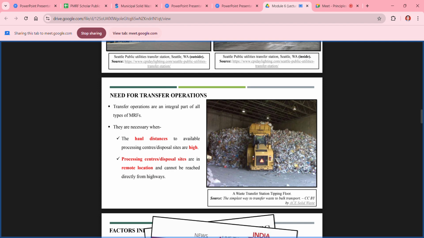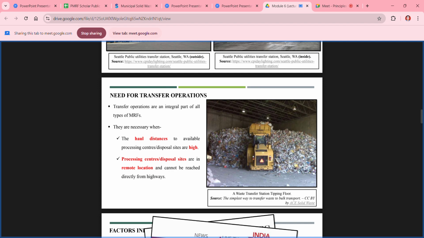From that curbside, they are picking up those hauled containers or stationary containers. They are picking up that waste and transferring it to the bigger sites. At that bigger site, you can see some compactors. If there are compactors at those sites, then you can consider them a transfer station, because with the help of those compactors they compact the waste up to 50% or 60% by volume, and after that they transfer it to the disposal sites or landfills, like